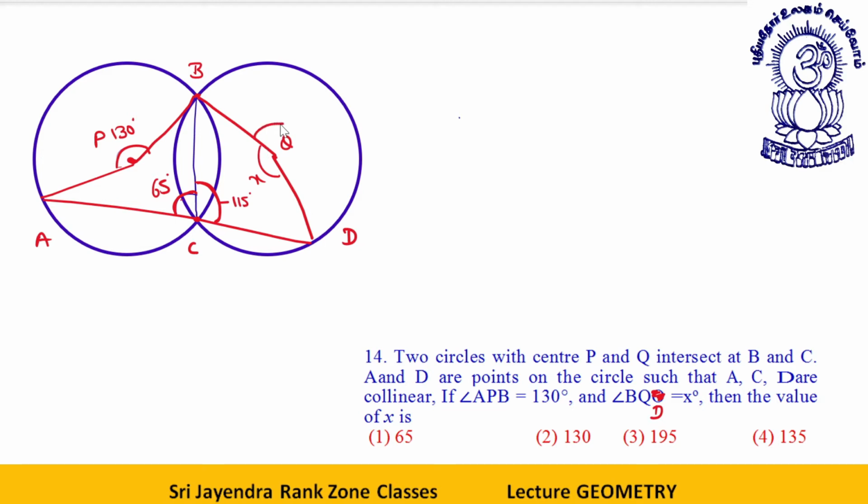Now, what will this angle be? See, this BD is the chord which is subtending this angle at the center, and half of this is over here. So this becomes 115 doubled. Double of 115 will give you 230. Now is the main thing, students. You need to determine, is there any option 230? No. So you need to find the reflex angle. Reflex angle BQD will be 360 degrees minus 230 degrees, or 130 degrees. This will be your answer.